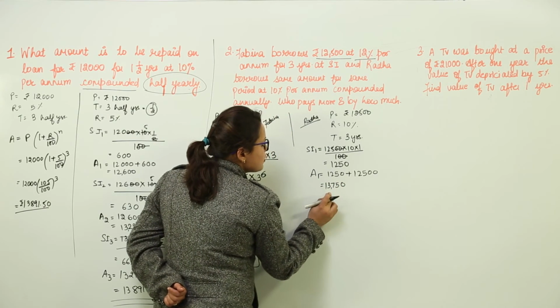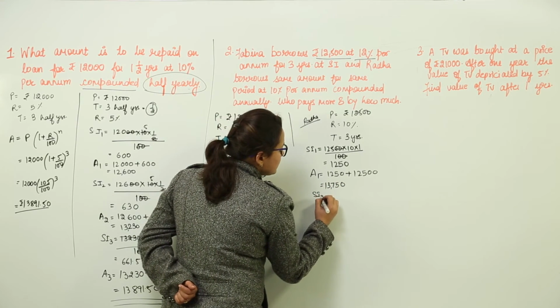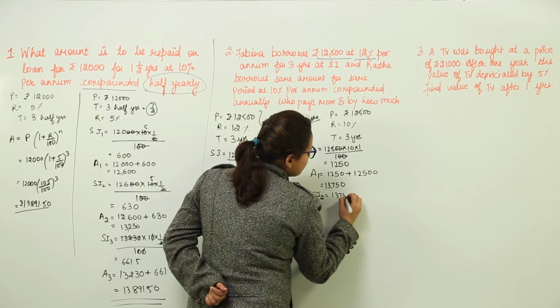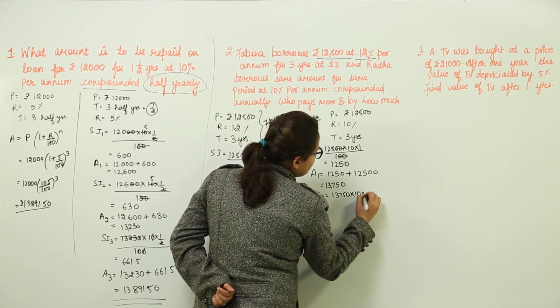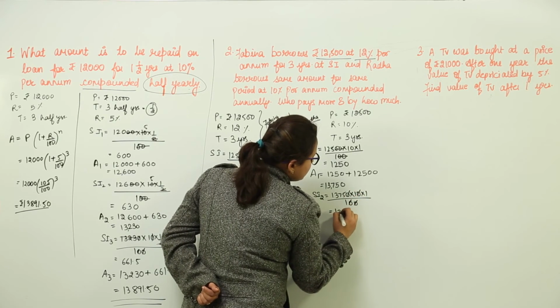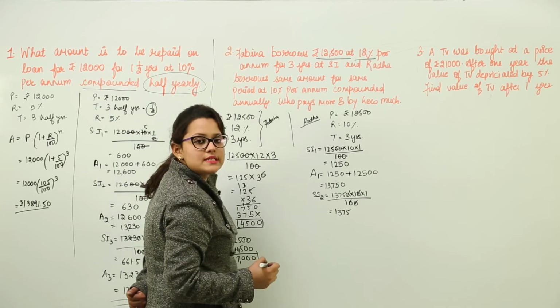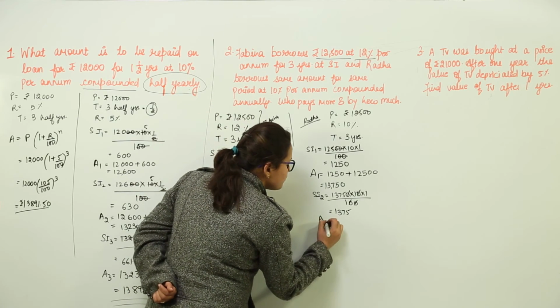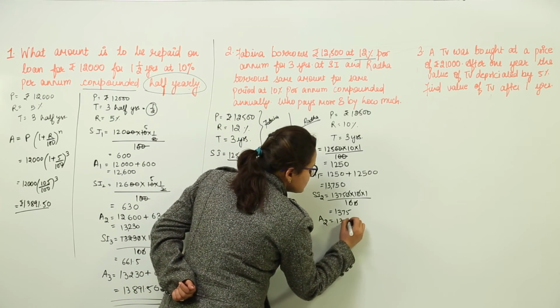13,750. Now this amount becomes the principal for the second year. That would be 13750 into 10 into 1 whole upon 100. Zeros get cancelled. So the simple interest comes out to be 1375. Again the amount for the second year would be 1375 plus